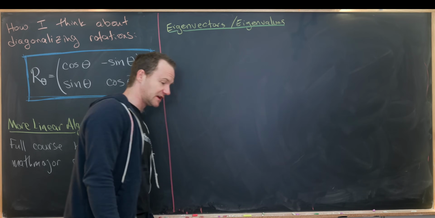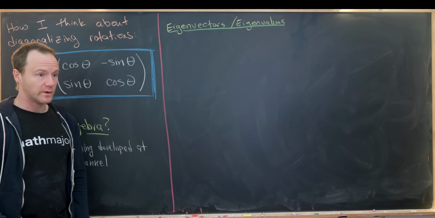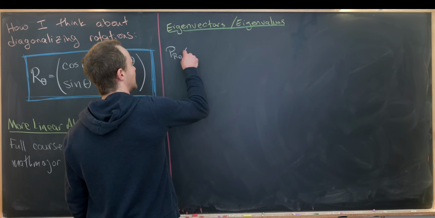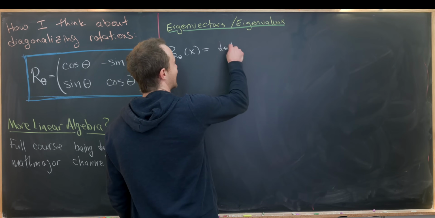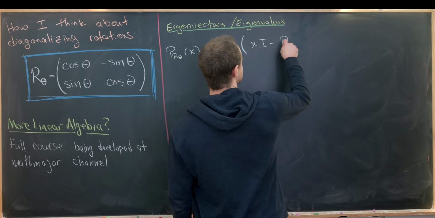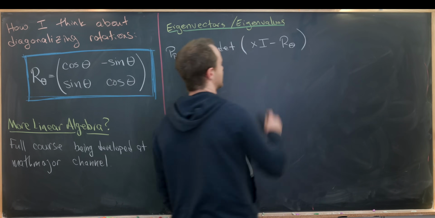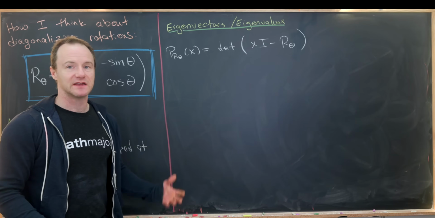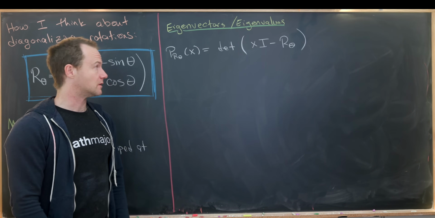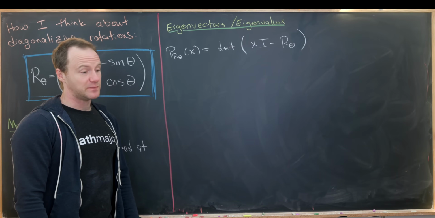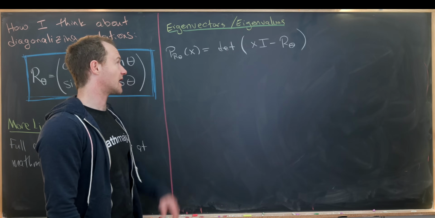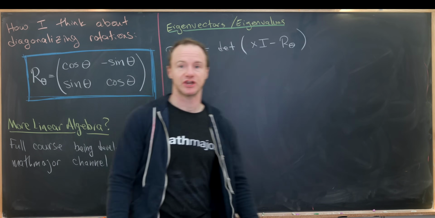Finding eigenvectors and eigenvalues starts with looking at the characteristic polynomial. So we'll call that P r theta x. And let's recall that that is the determinant of x times the identity matrix minus r theta. Sometimes that's written in reverse, but that gives you the same kind of thing. So we want to look for the roots of this. The roots of this polynomial will in fact be the eigenvalues. So again, if you want a refresher on eigenvectors and eigenvalues, check out the other channel. Okay,